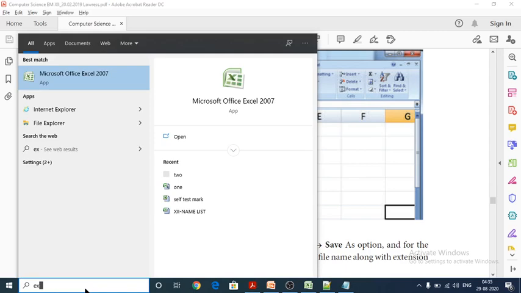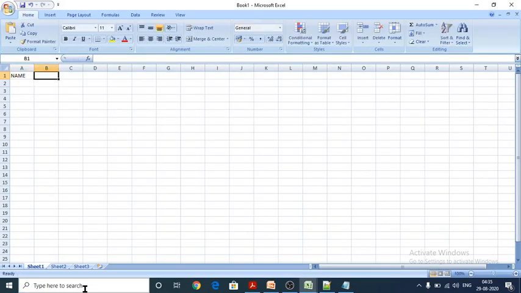After opening that, type name, standard and section, and here give the details for name, standard and section respectively. Standard 12th, and here A. After that, save it.